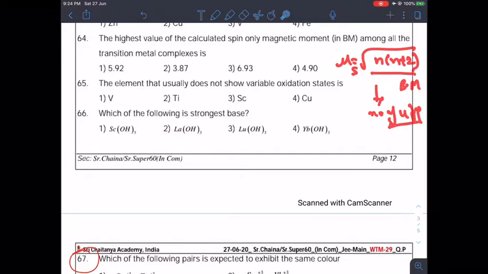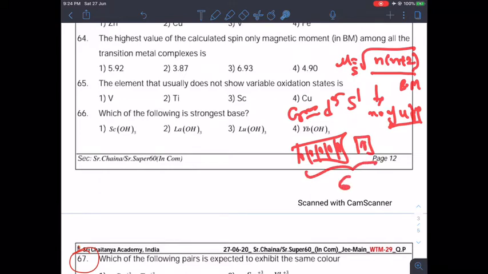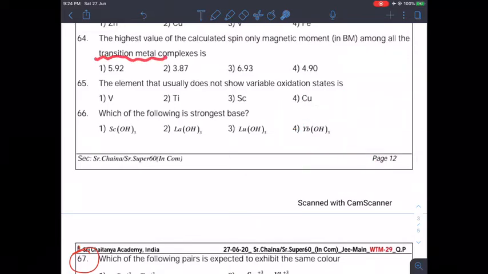So you may think that let us check which atom has the highest number of unpaired electrons. If you go through that, you will find that chromium has it, because in case of chromium we have d5 and s1, so all 5 here and at the same time here, so total we have 6. So you may think that chromium has the maximum value, but if you look at what words they have used, transition metal complex, they are not using the metal atom alone, they are asking about a complex.